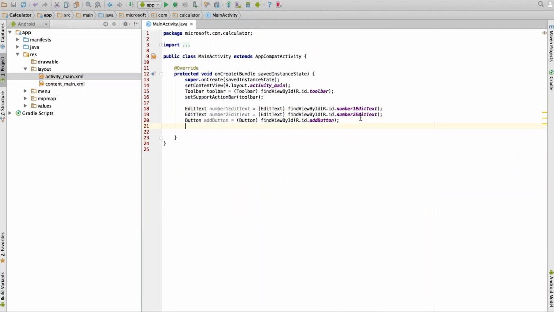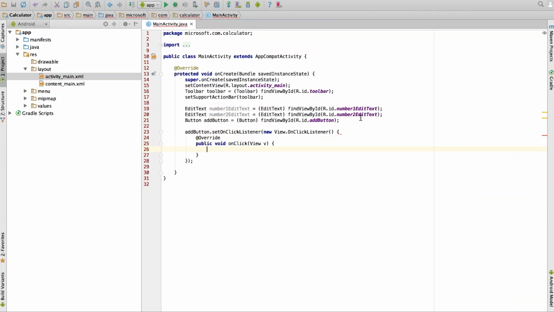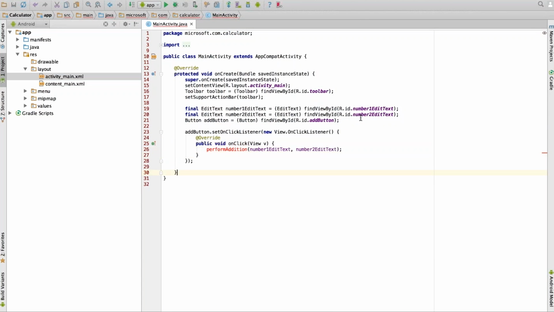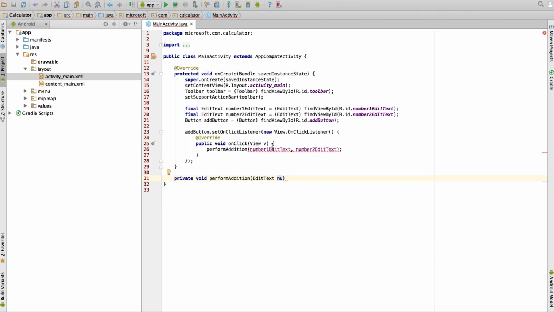Okay, and finally I am going to say add button set on click listener. So what is meant by on click listener? It means I am saying that I want to listen for the add button click, and when the click happens, I will say perform addition. So I will create a function performAddition, and I'm going to pass number 1 edit text and number 2 edit text to it. Okay, and now I will say private void performAddition, and it is taking number 1 edit text, comma number 2 edit text,